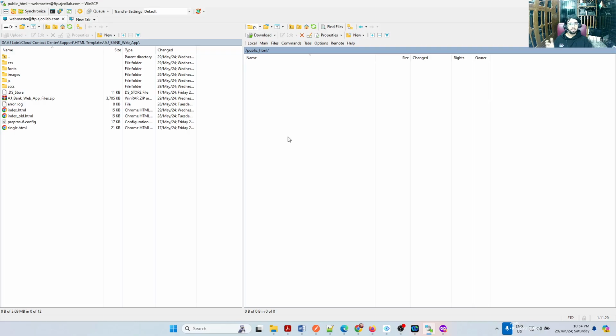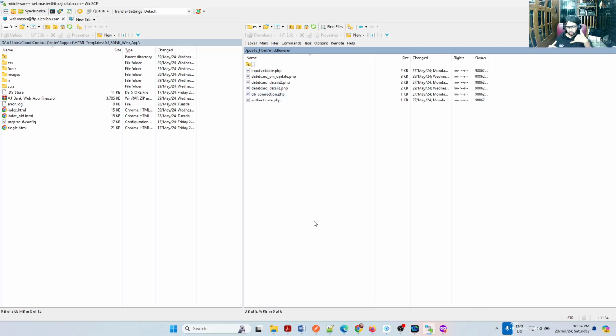The scenario is like you are calling customer care through the chatbot or IVR. You can reset your debit card PIN. So to do the entire flow, you need to build an API request coming into a web server. I'll be using the same web server for that. That's my middleware server. In that, you will have some mechanism to reset the debit card PIN. So for example, details, reset, authenticate, debit card PIN update.